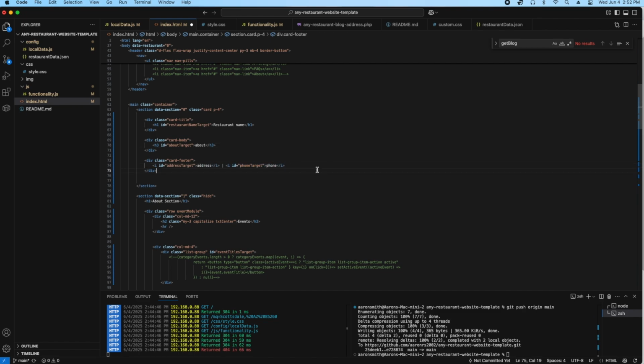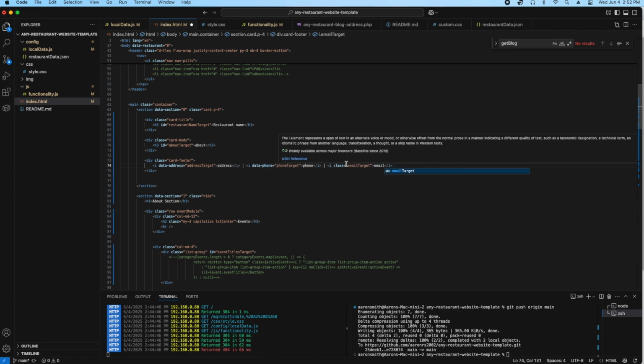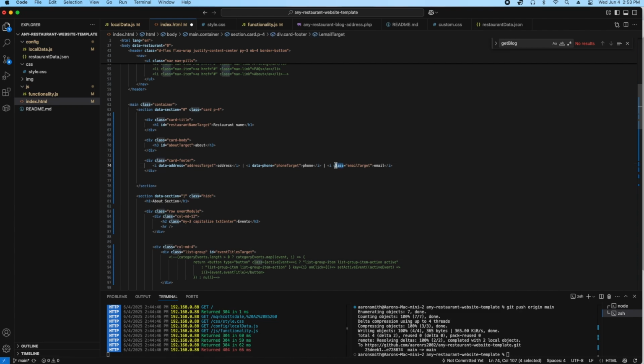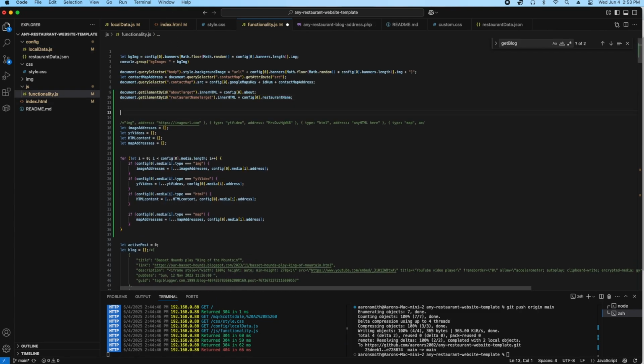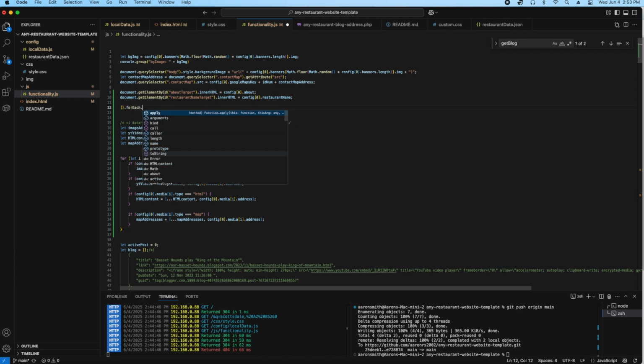Now, what we've done here is I've built a card on the home page, and at the bottom of this card that's presented in the middle, I'm going to have the address, the phone number, and the email. Now watch what I do, because this is something you're going to see throughout. The email, the phone number, and the address are peppered throughout the site. So I'm going to make these identifiable multiple times over. And so, as you can see what I've done here,